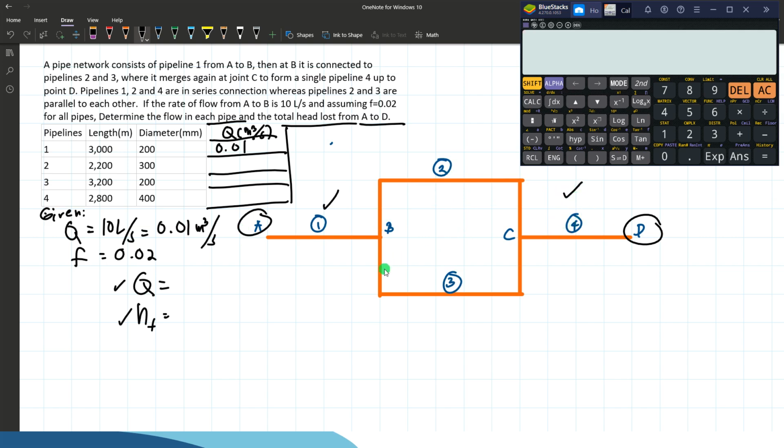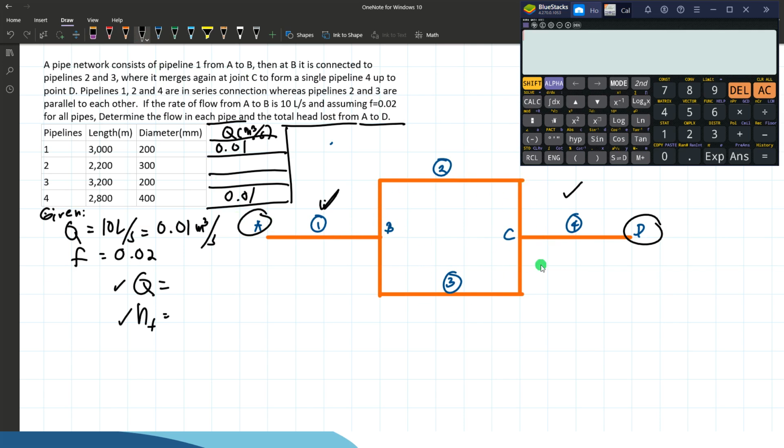So it means that pipe 4 has the same discharge as pipe number 1, unless there is another pipe linking to another direction. But here, since the pipes merge again into a single pipe,